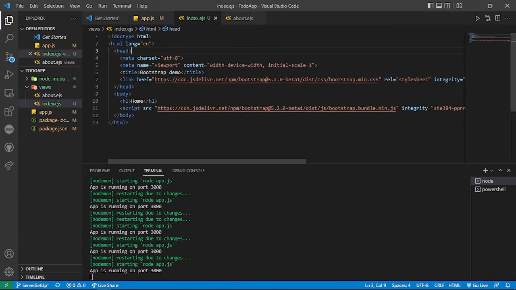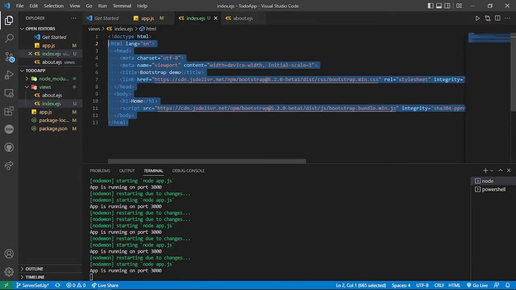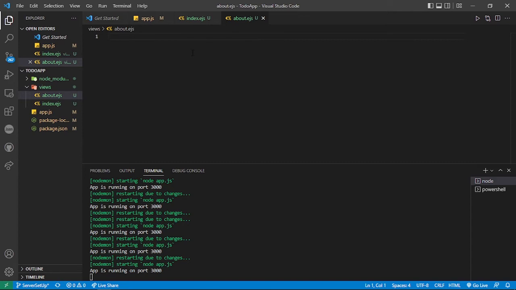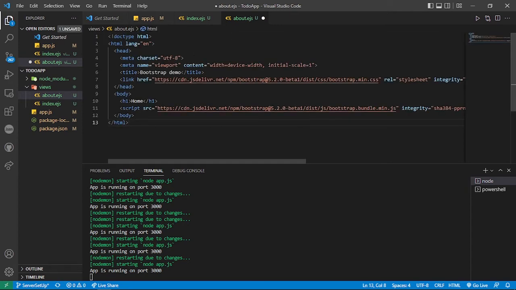Let's copy whatever is inside here. So Ctrl plus C to copy, and let's paste it here, Ctrl plus V, and then let's change this home to about, and save it. So now